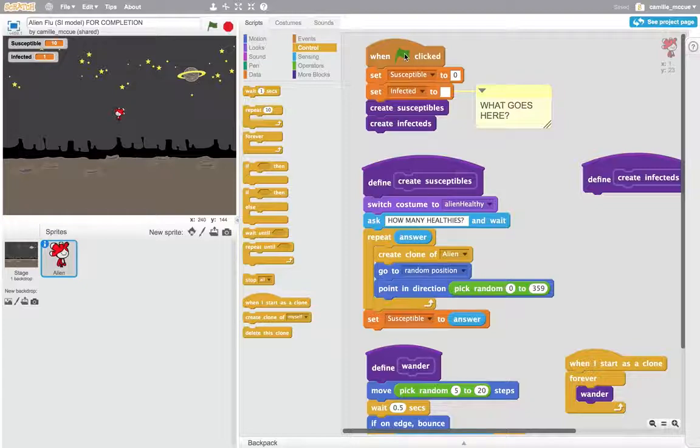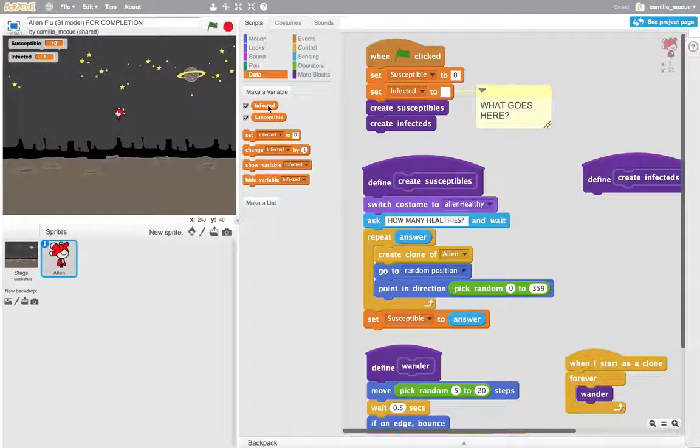When the green flag event handler is clicked, we're going to start the action of the program. So what does that action need to be? We need to initialize our variables, and our variables are created here. We have the number of infected aliens and the number of susceptible aliens. So we'll set each of these to 0. Set susceptible to 0 and set infected to 0. Simply because anytime we start a program, we need to define our variables and initialize them to some initial value